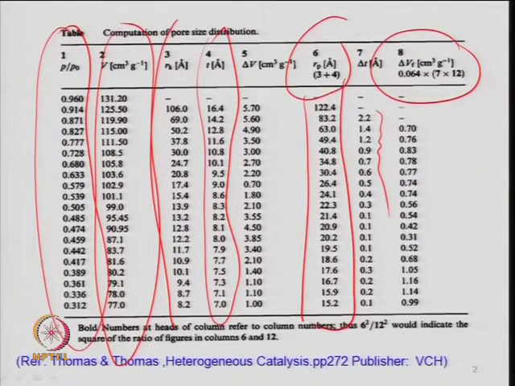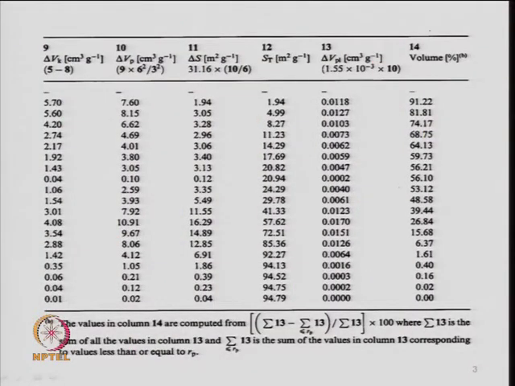That we have seen: per meter square, nitrogen has 0.23 centimeter cube volume, and you can calculate based on that, assuming 16.2 angstrom square is the area of one nitrogen molecule. And then you can find out the change in the pore volume because of the Kelvin radius, the volume of the liquid desorbed. That is nothing but the total pore volume minus the volume of the liquid which has been vaporized from the adsorbed layer, that is delta V_f. So, that can be calculated.